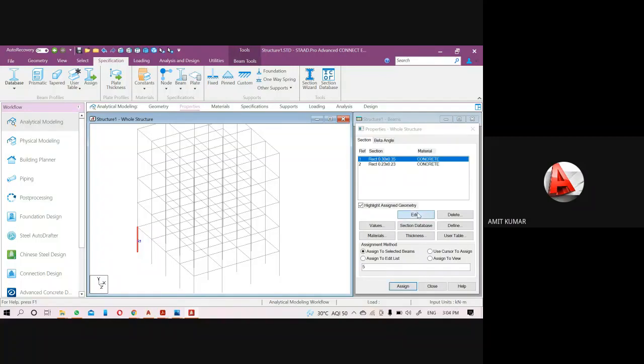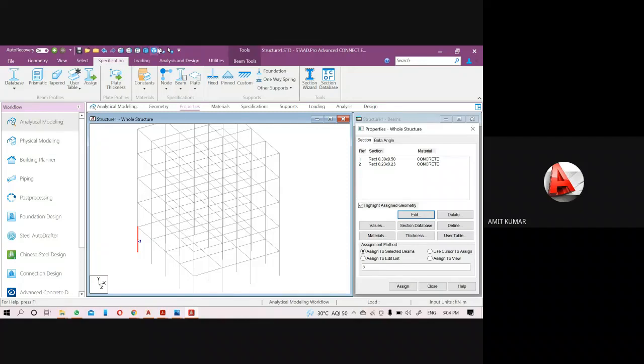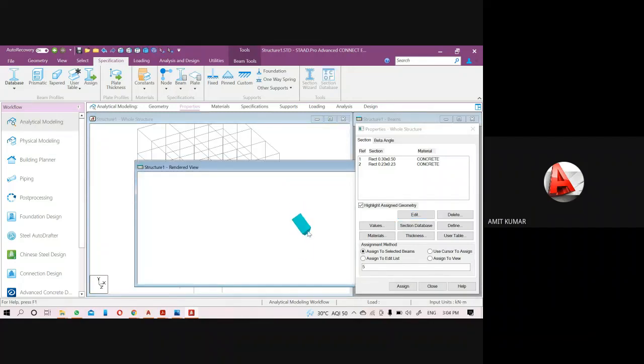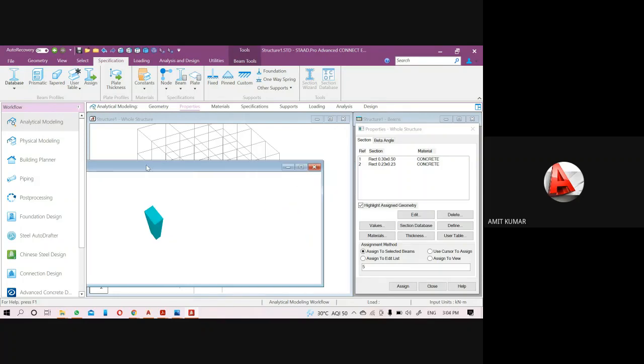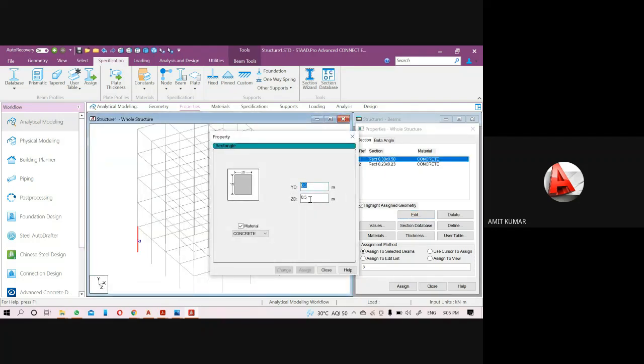To see it very properly, I can show you one more thing. I'm just going to change the thickness here. Like I just provide the value 0.5, so you can see it very properly. So now it is very clear. It will be your 0.5 and it will be your 0.3. That means 0.5 is along the z-axis and 0.3 is along the x-axis. So defining the property is very crucial here. The orientation of the beam and everything must be defined through these values.